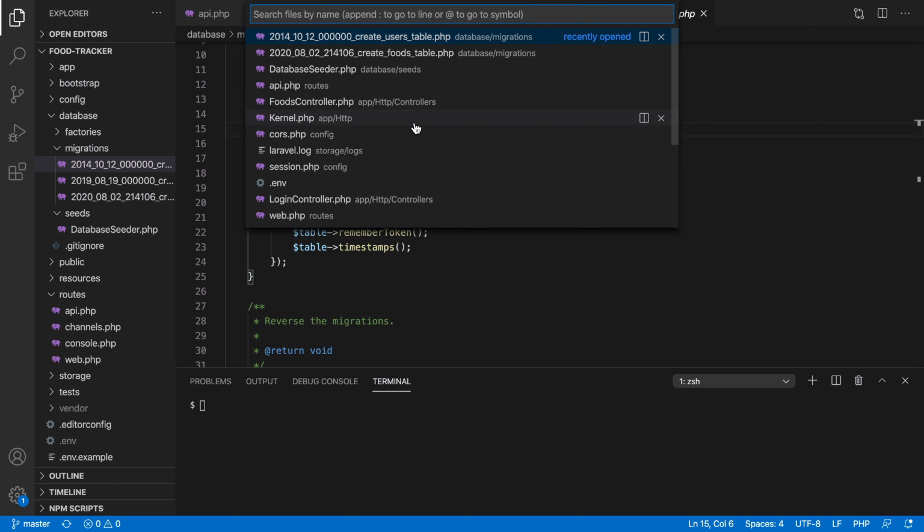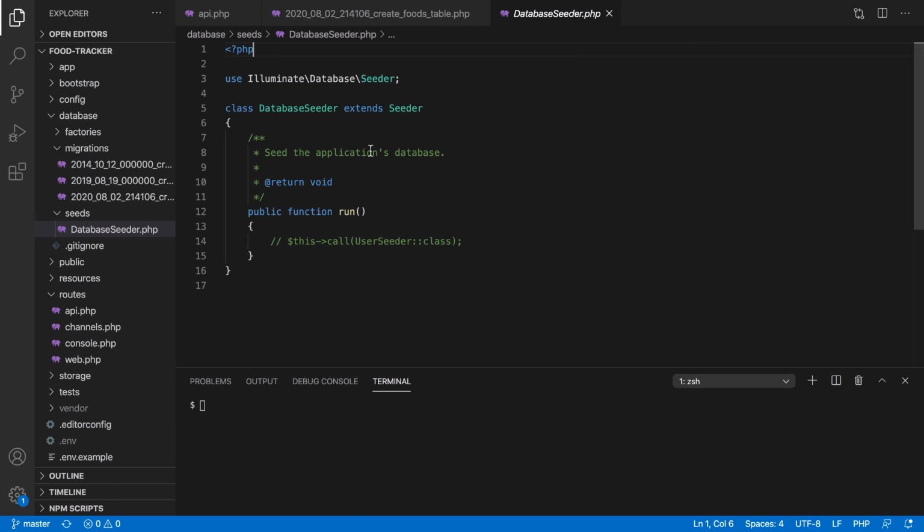Now if we go to the database seeder class, this class is run whenever we call the php artisan db:seed command, and it helps us create test data for our application. You can either delegate to other seeder classes like this, so you can call a user seeder class, or you can just create the user directly. So we'll do that